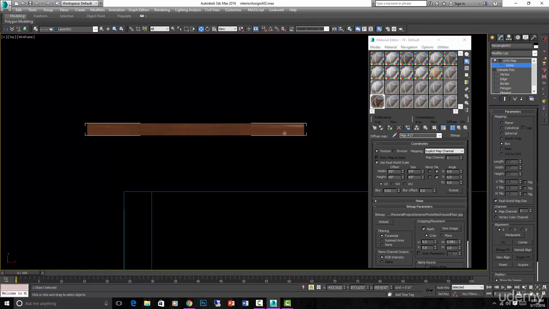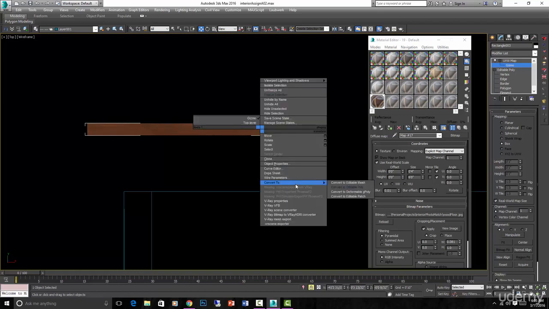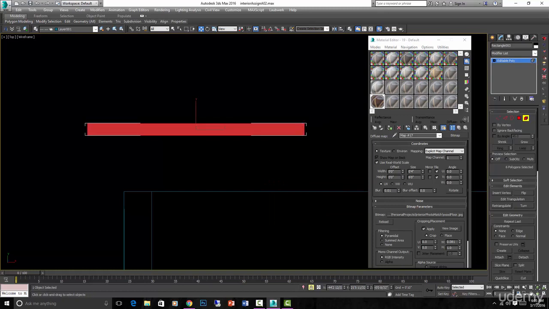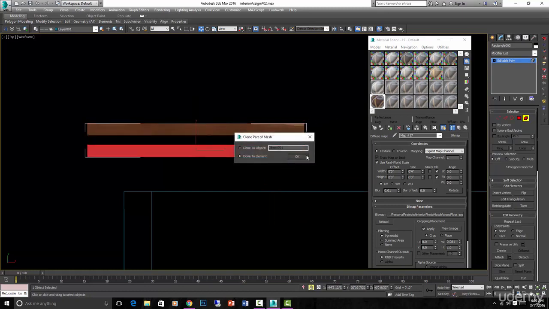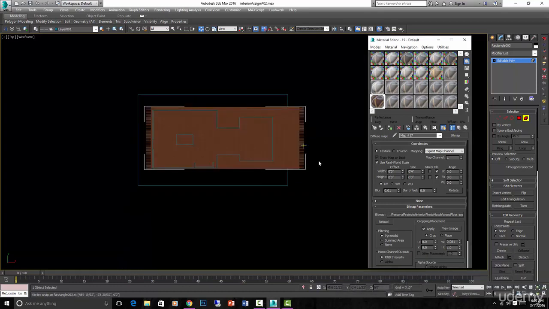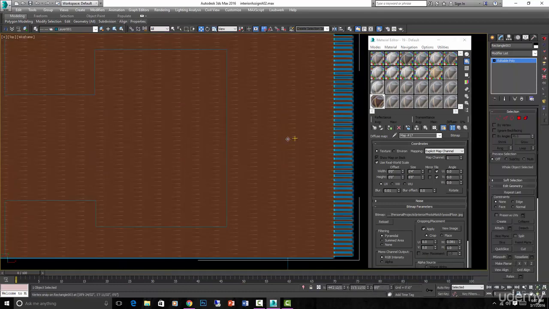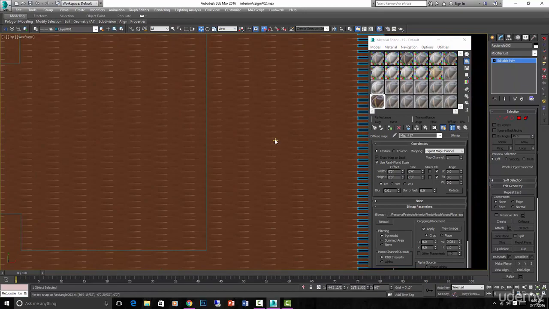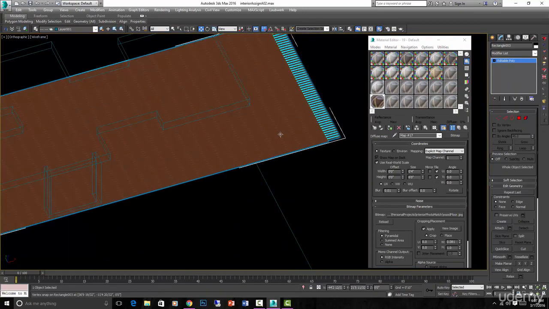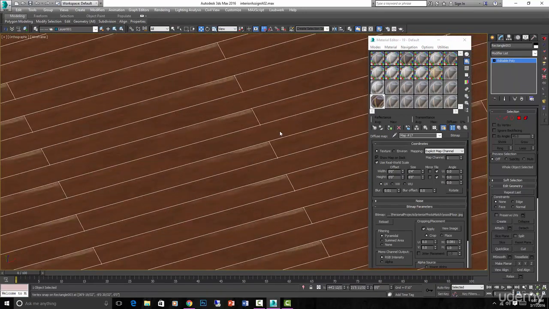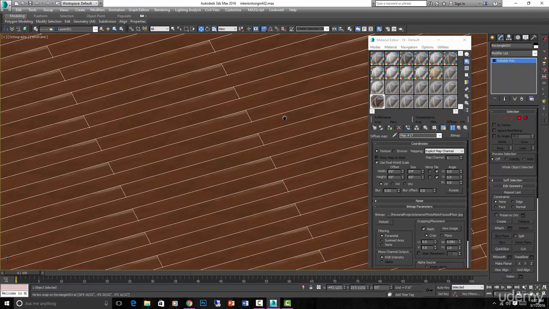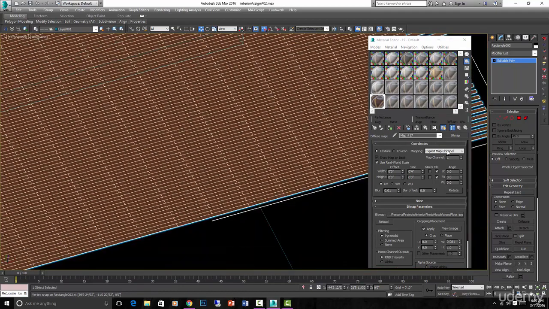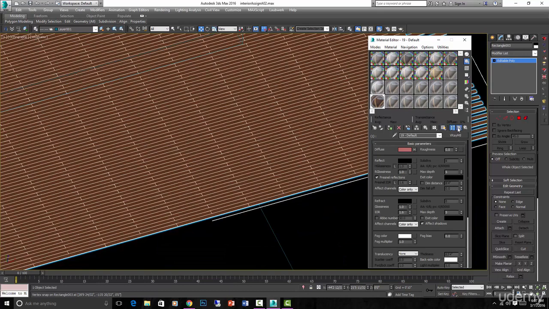Right there. And right there. And then just convert that to poly, and then make the floor like I showed you before. Okay, we got my floor built again with the proper UV mapping on each one, which is fantastic. Let's turn on edges so we can see. Okay, great. It's going right to that edge. That's perfect. Okay, now that that is set up,